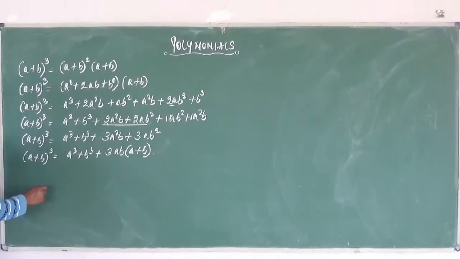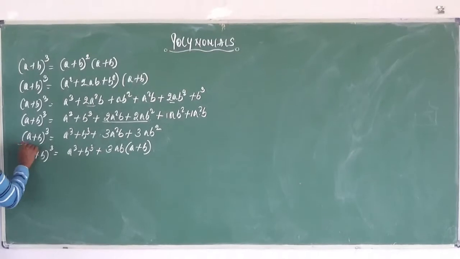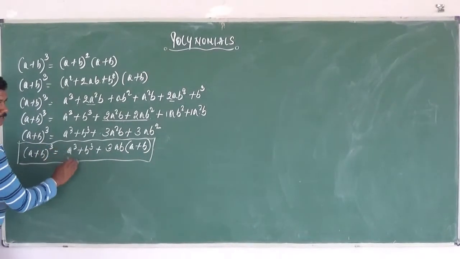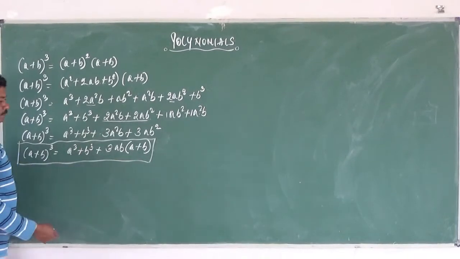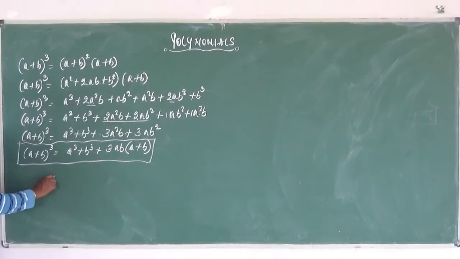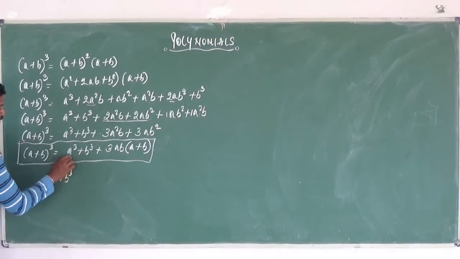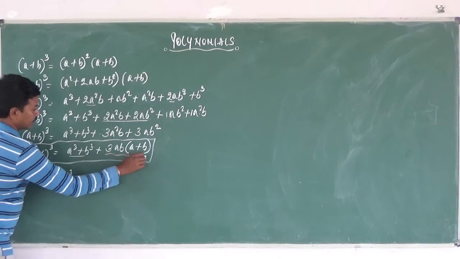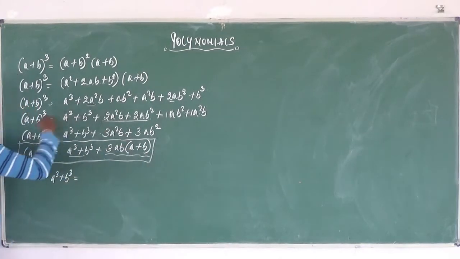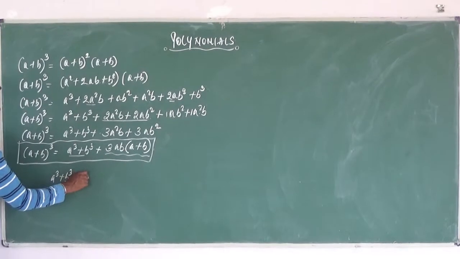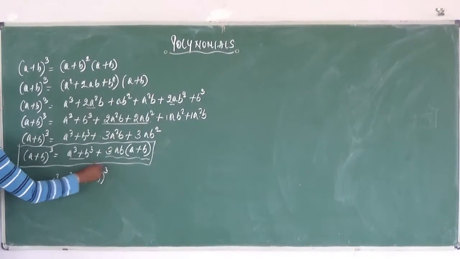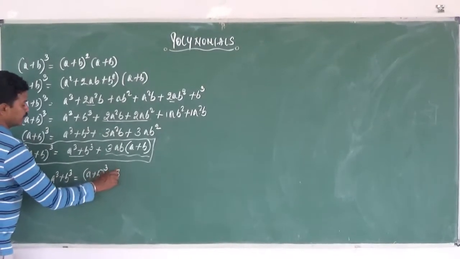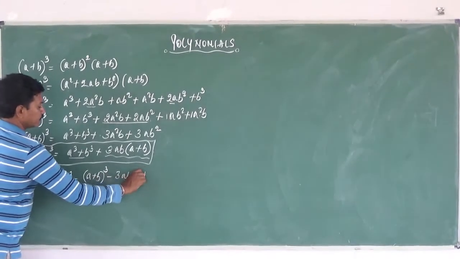So here, this is the formula for a plus b whole cube. So when we expand this, when we go for the further step here, this can also be written as a cube plus b cube. When we make this as the subject, a cube plus b cube is equal to, we'll transpose this 3ab into a plus b to the LHS, so that becomes a plus b whole cube, which is already here. We'll transpose this term to LHS, that becomes minus 3ab into a plus b.